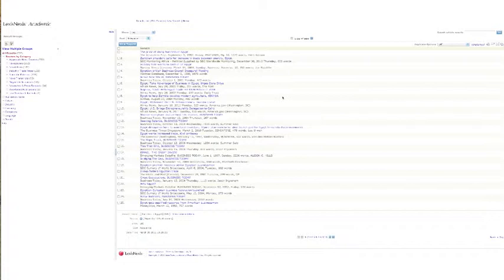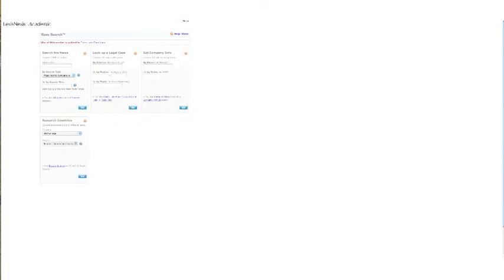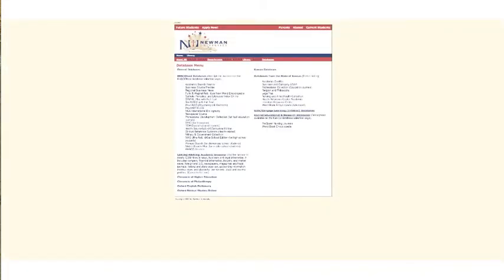LexisNexis will give you the popular press articles. EBSCOhost will give you academic journal articles. So it's going to be very little overlap, because the popular press does not usually use the business research or the scholarly research. Here you have 997 articles, which just shows that newspapers are much more interested in business in Egypt than scholarly journals are. Those between them will probably be the two largest databases you use.